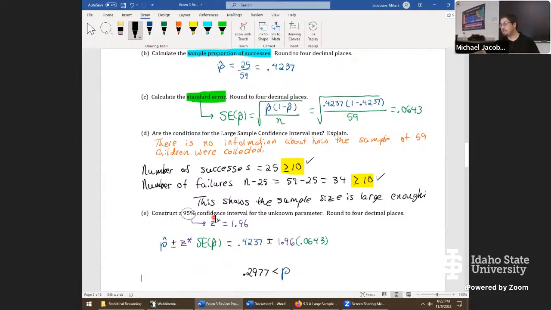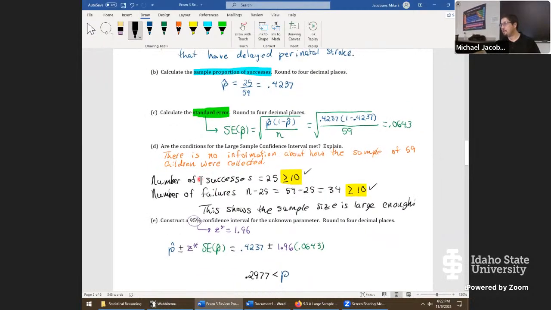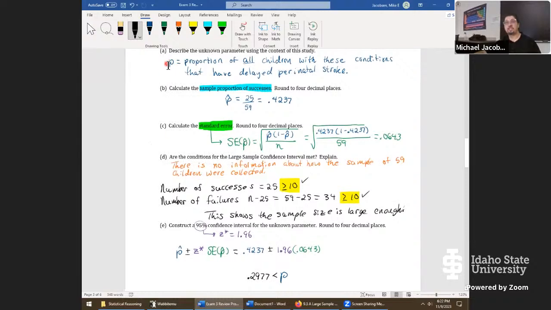And so already, this is pretty interesting information. When we first wrote down our population characteristic P up here, that's the unknown. It's estimated to be about 42%. But if we never did anything further, we wouldn't have known that it's plausible to be as low as around 30%. That's substantially far away from the center, but it's just as plausible. So that's already pretty valuable for us to do this computation.